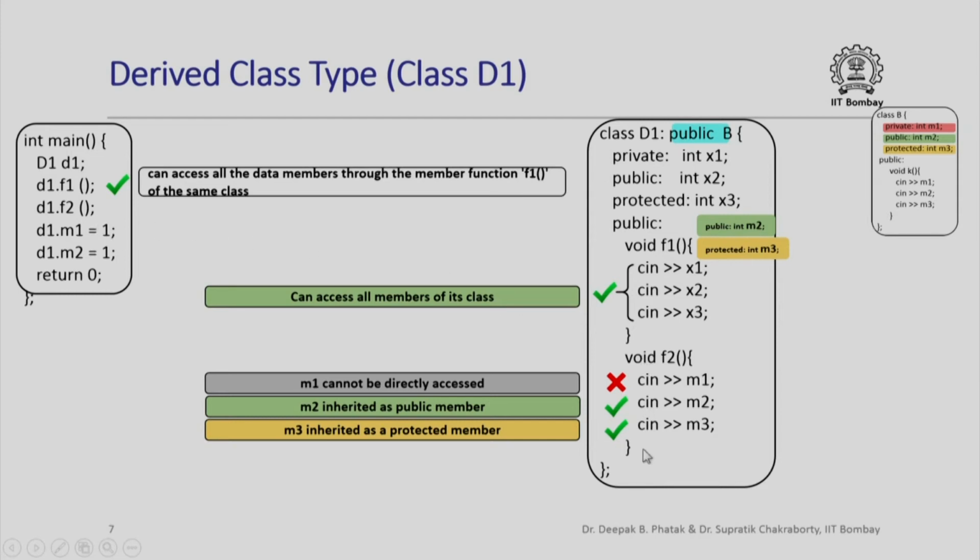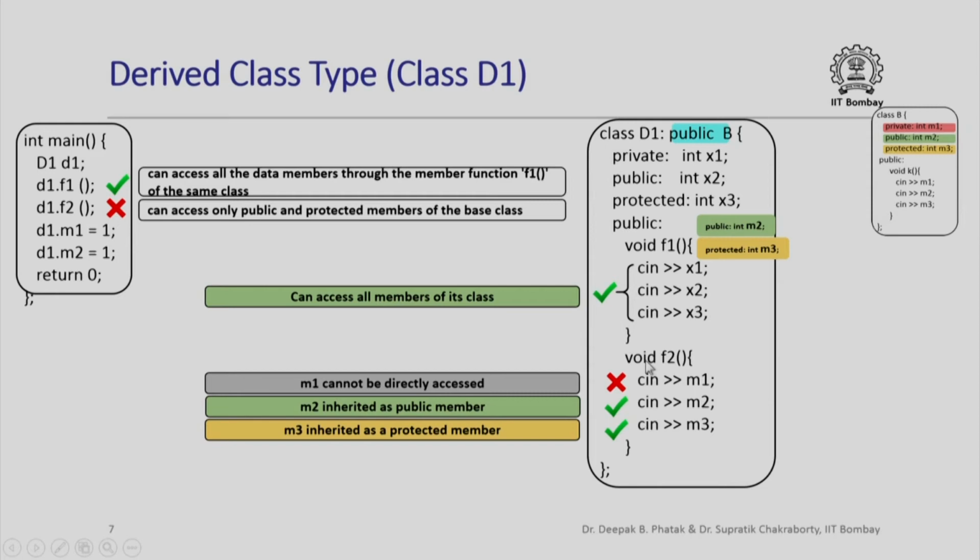Well, we have already seen here that if I just give this F2, then I can't even compile, there will be a compilation error because of this statement. So let us for the time being say that this statement is deleted and the function F2 just has these two statements for which the compiler is not going to complain about anything. Now when I call D1.F2, if I have only these two statements, then it is fine, it will go through, the compiler will not complain.